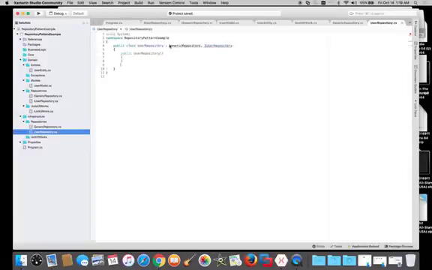So I don't know why it's complaining. Oh yeah, generic requires a user entity. Okay, so now we're going to implement public